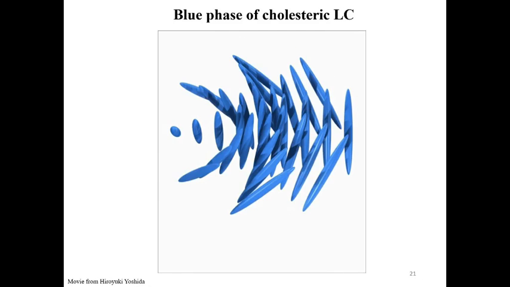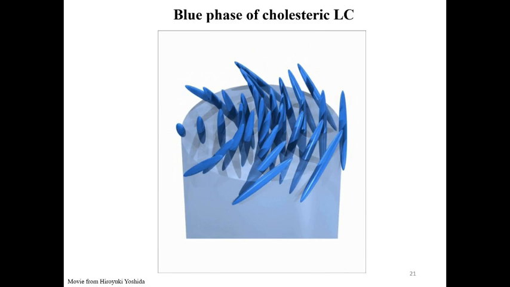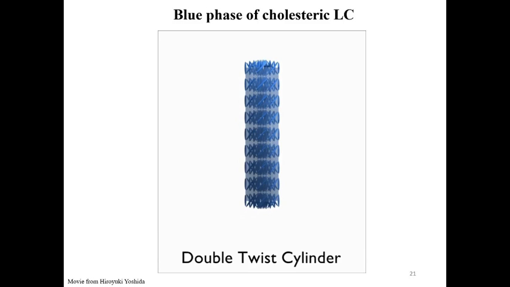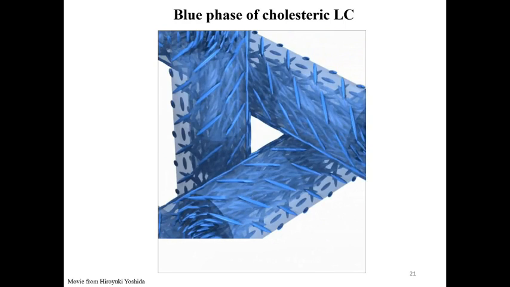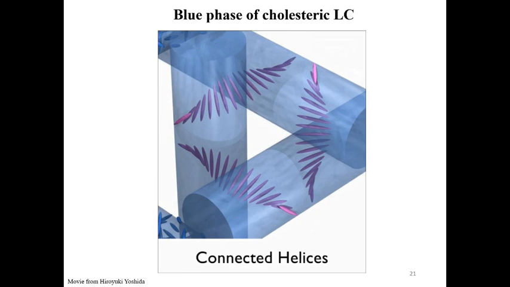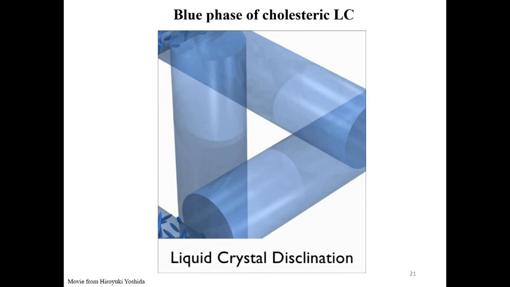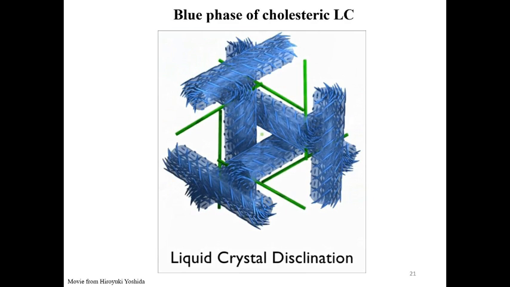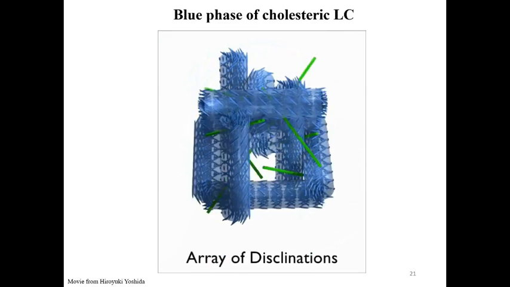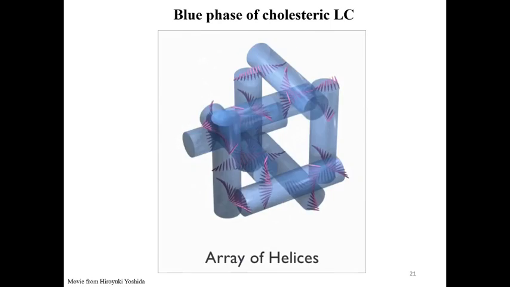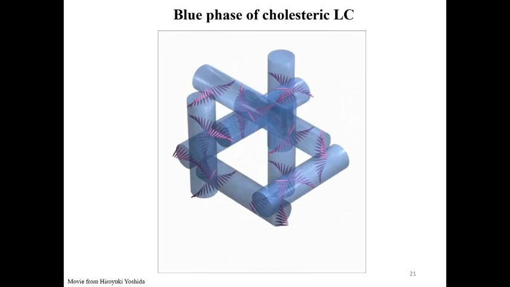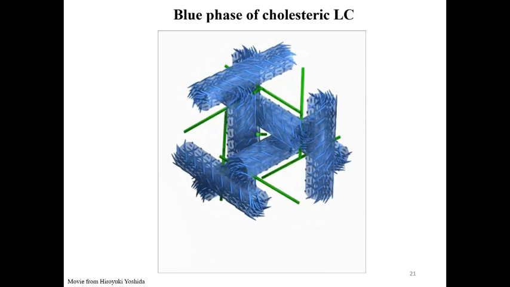Okay, so the chiral dopant and nematic molecules start to twist, and they twist in all kinds of directions, forming the double twist cylinder. And the double twist cylinders start to reorganize into a three-dimensional structure. All the areas that the double twist cylinders cannot fill will form topological defects. So here, instead of point defects, there are line defects. Eventually, those form the structure containing the topological defects and the double twist cylinders, which we refer to as the blue phase